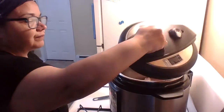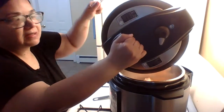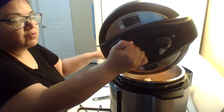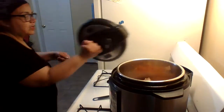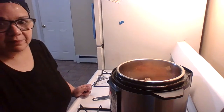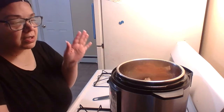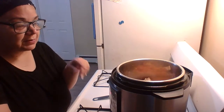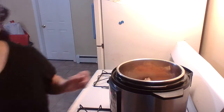Unlock it. Be careful, because this is hot and the steam that's coming up is hot, so you don't want to put your hand over this Instant Pot. You want to release the steam like this, and you want to go back and remove the lid, because you will get burned. Okay, you see all that steam? It's very hot. I would suggest you don't let children release the steam or open the Instant Pot lid. Alright, so let me get a pot holder,